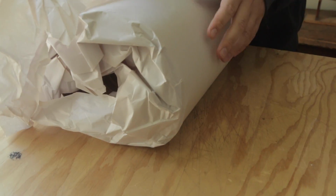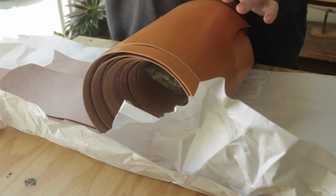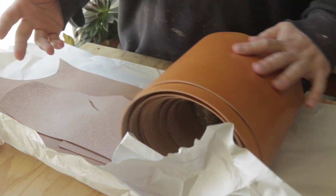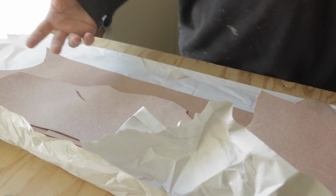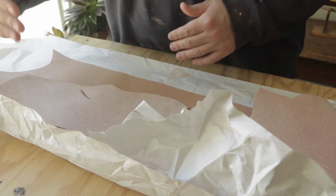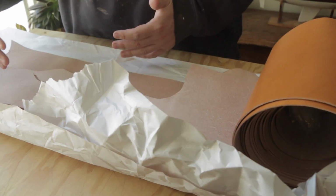So to start, we just got a fresh shipment of leather in from Weaver, and this is how we order this. This is going to be what we're going to make this wallet out of. This is Herman Oak's London Tan harness, bridle. And a lot of people try to order it, and they say, well, they only have 10, 12 ounce. Weaver has a splitting service, so they'll cut your hides down into like 10, 11-inch strips, and then they'll level